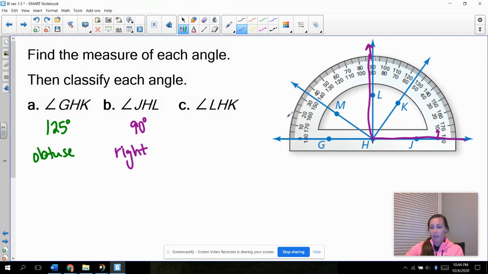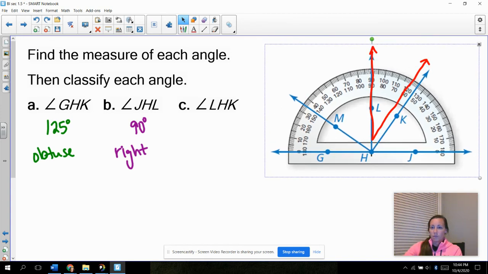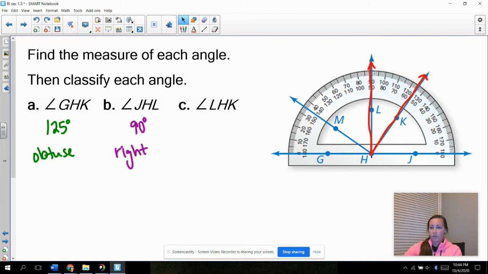And then LHK, L is up here, H is the vertex, and then we're coming out over K. That's this red angle. Now this one's a little bit weird. If we had a protractor in our hand, I would actually take this protractor and turn it. I want to say they give you that option, but